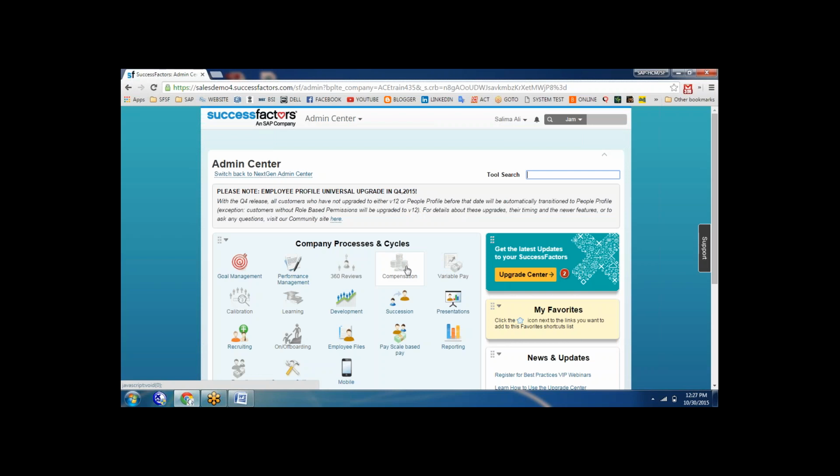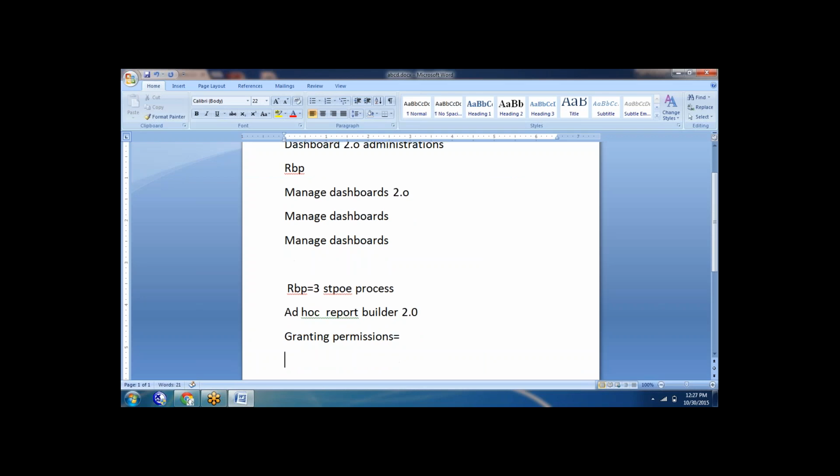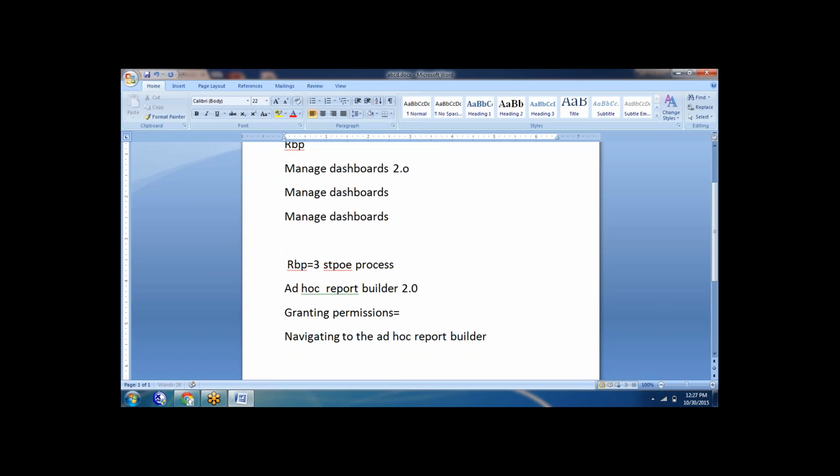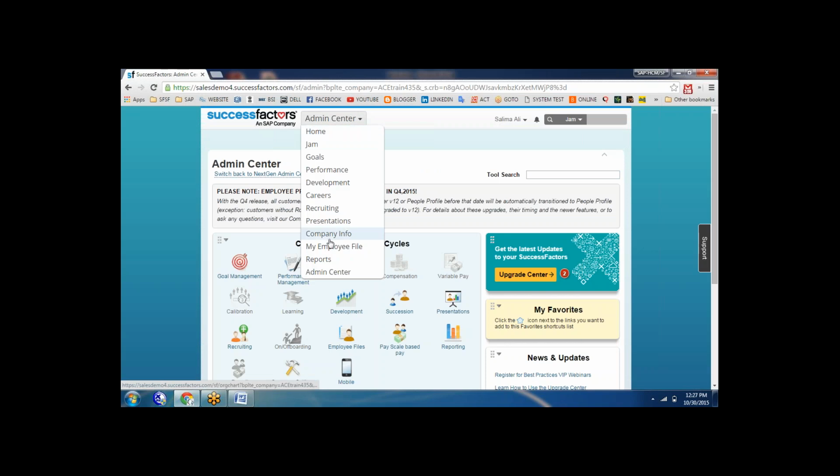Once you set up the permission, the link that I showed you for granting a permission, then you have to navigate to the Addon report builder. You can just click on reporting here, and